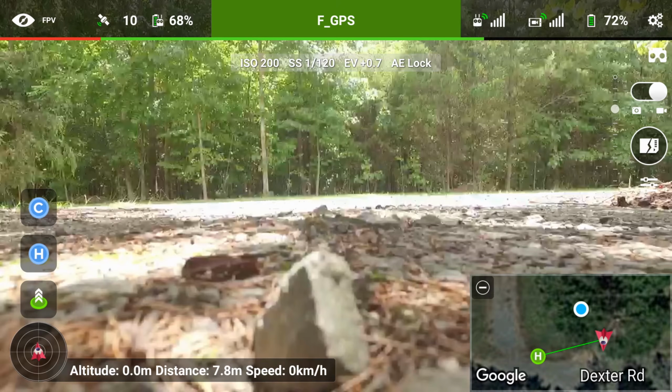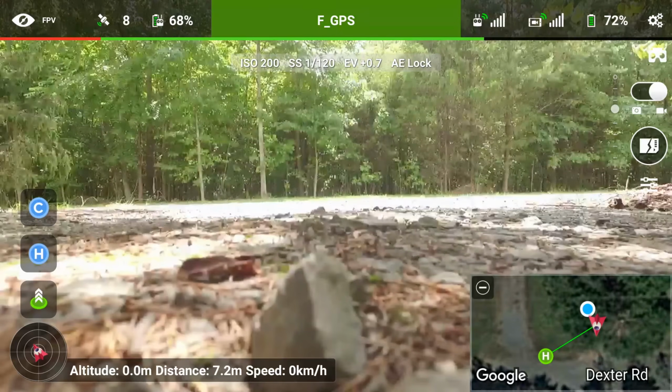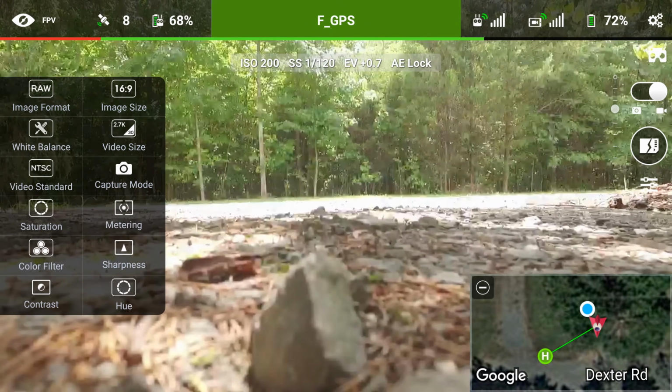But just as a quick refresher, on the right side of the screen you can see the cluster of camera settings. Outer left of that right side you have your gimbal tilt indicator that shows the current tilt of your gimbal. To the right top you have the slider that slides between the photo mode and the video mode. Below that you have your shutter button, which once again is showing that I don't have an SD card inserted. Below that is the actual camera settings menu, and that's what we're interested in today and are going to be delving into. So without further ado, we're just going to jump in, go ahead and hit that camera settings menu,